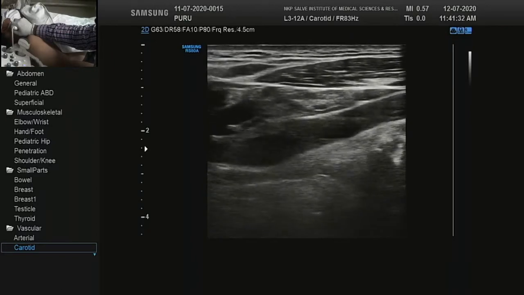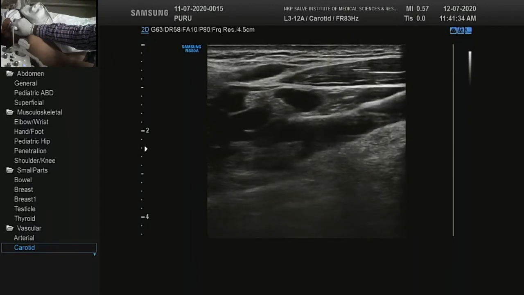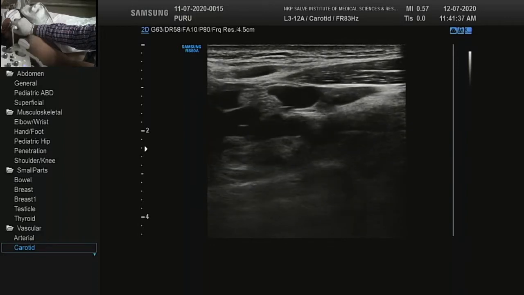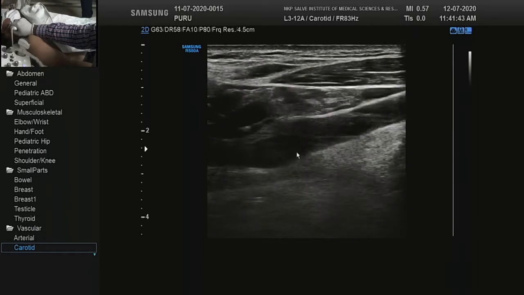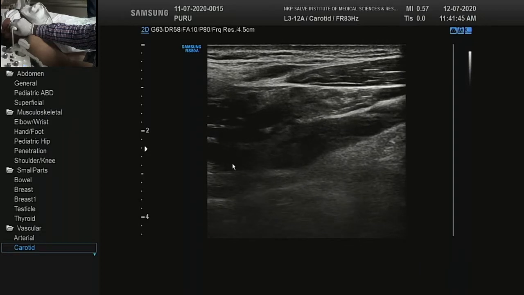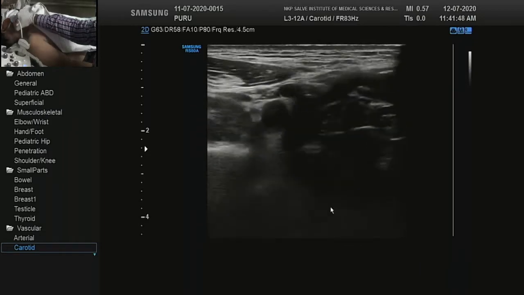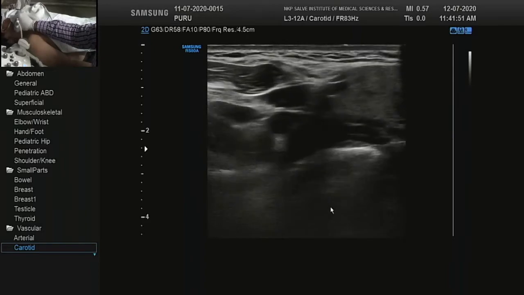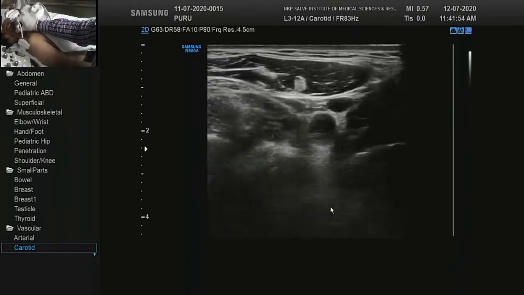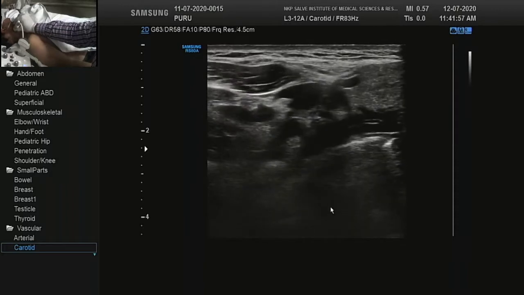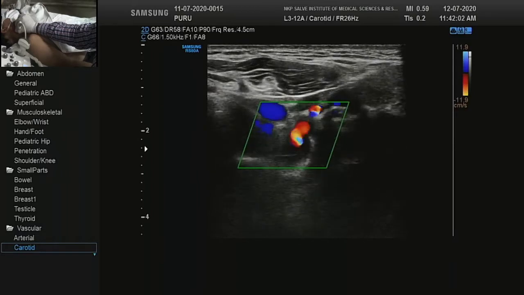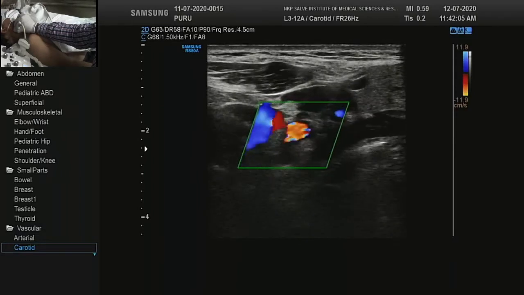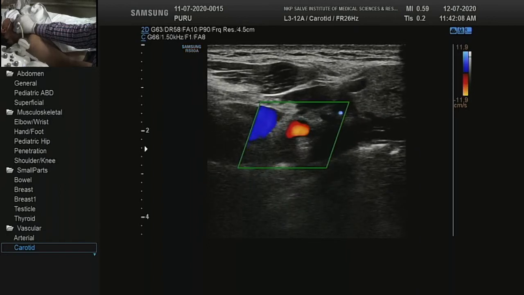So we come to the internal carotid. This is internal. This was external. I just moved my probe laterally so that you can see the internal carotid. That is carotid bulb. That is the internal carotid, and we'll try to see if there is any abnormality in the internal carotid. And try to see in transverse section what is happening, with color, and what do you see? What do you see here?